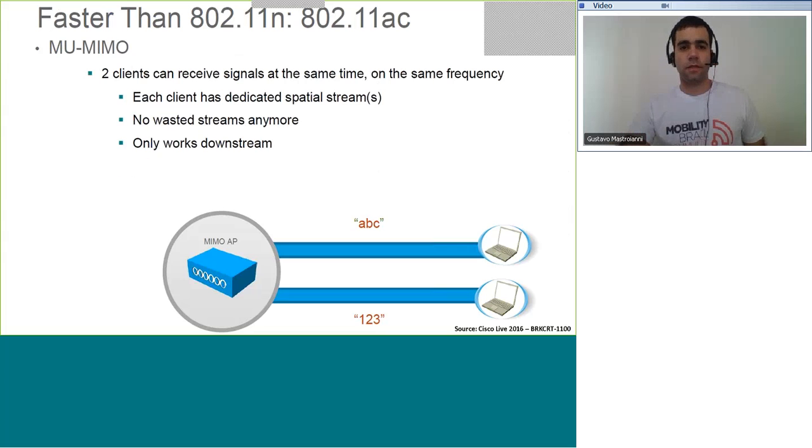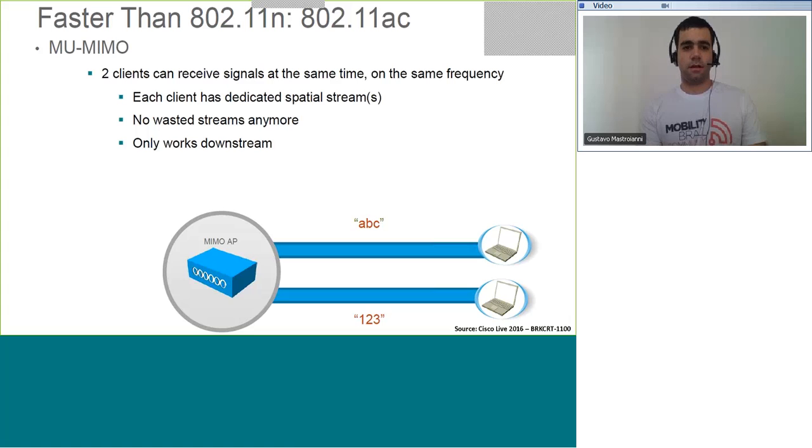Also, the new 802.11ac is in the standard, but when it came to the market, it came as waves. So wave 1, we only had 80 megahertz band and 256 QAM. And then when wave 2 got to the market, it came with 160 megahertz band, and also with mu-MIMO, which is you can